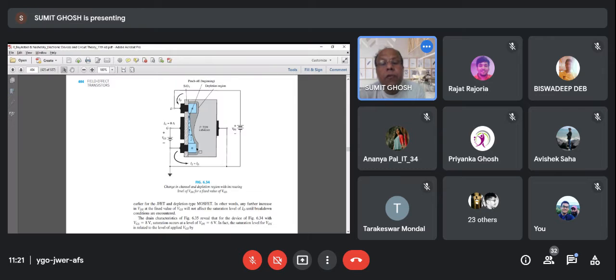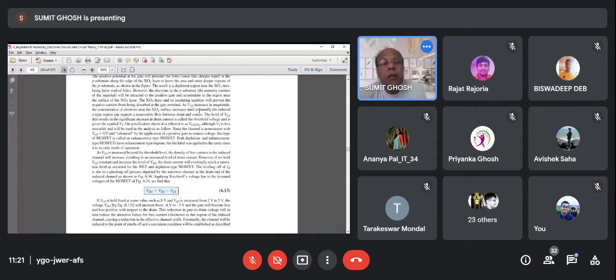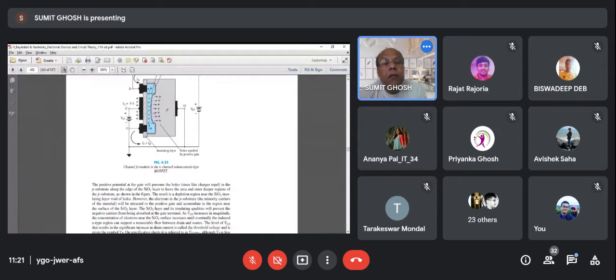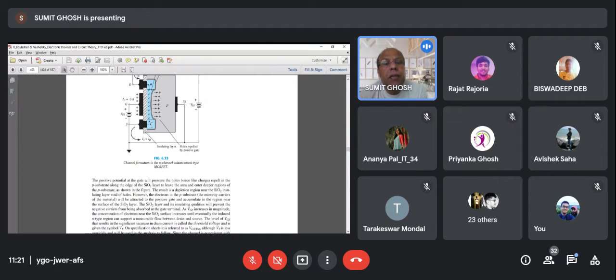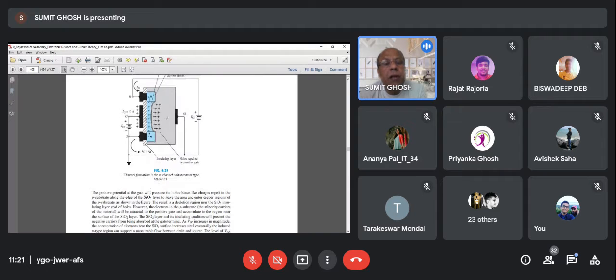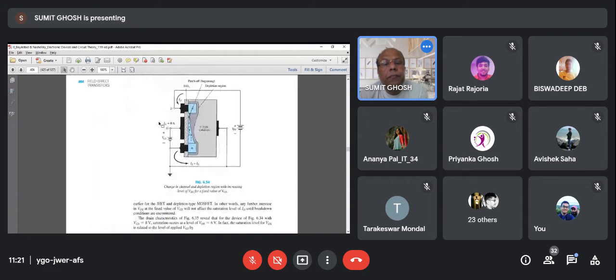It is no bias. So the depletion width will be more on which side? The reverse bias junction, the upper portion, because it is a reverse bias junction. So you see the difference between this one and this one. Here it is uniformly the same potential. In fact, this voltage shouldn't have been there. Actually, concentrate on this figure.